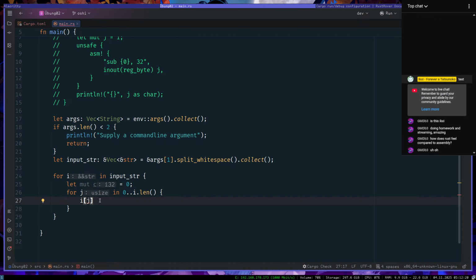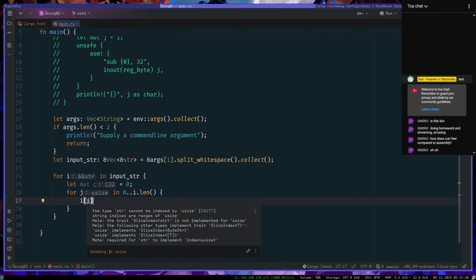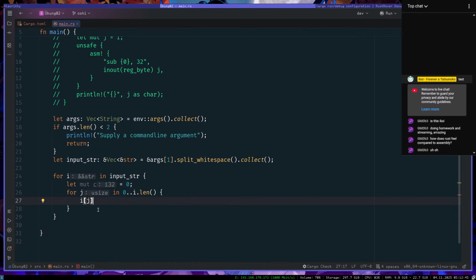No. How do I... string indices are ranges of usize to treat things for use. Right. Okay. Rust.